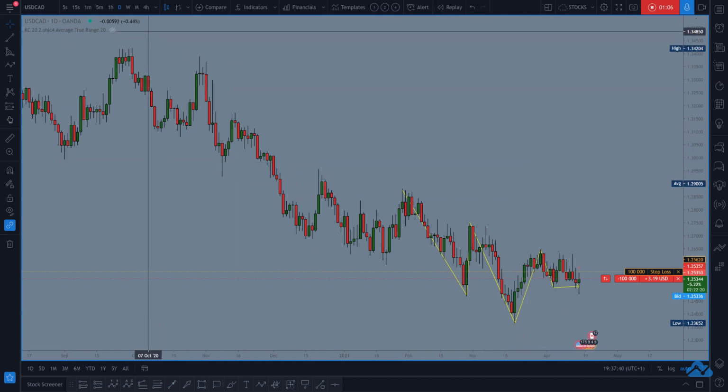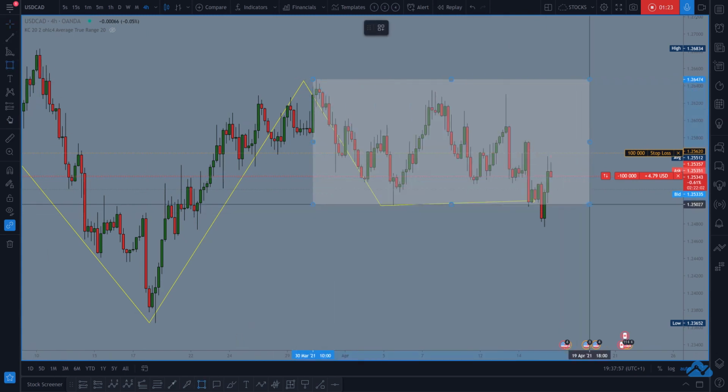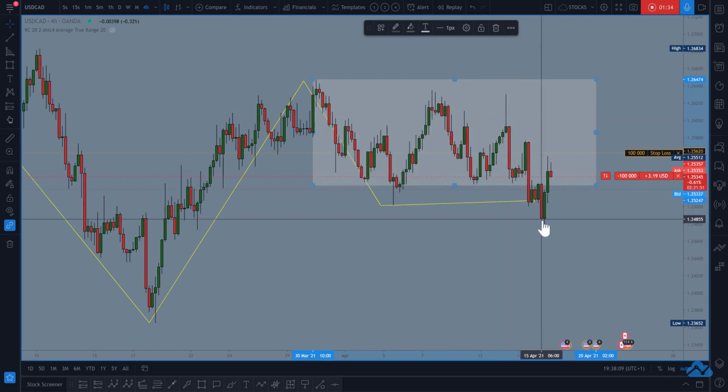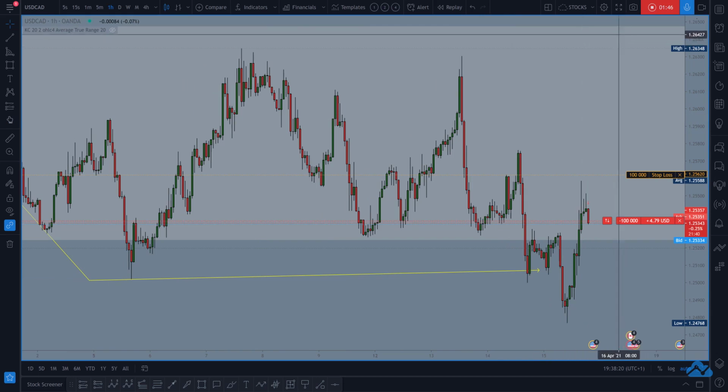But if you ignore that bit a little bit and we go to the 4-hour chart, what we saw is this price going up and retesting that level. So this actually was a range. So we can call that a range bound market from here to there, right? And when this range was broken here, it retested it and came down. Here it was giving an entry, an opportunity to actually buy it, and that was all based on the 1-hour chart. So now, if I just delete that range,